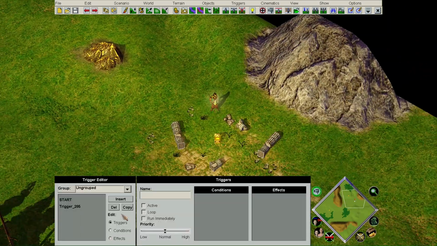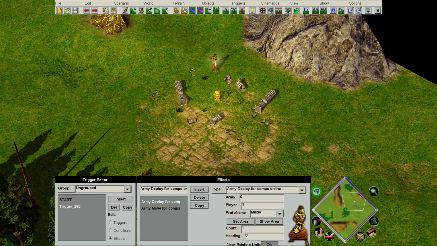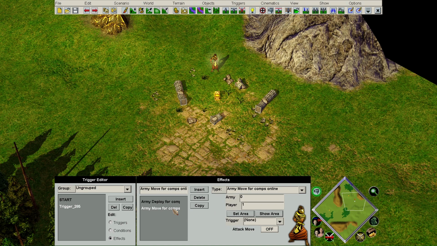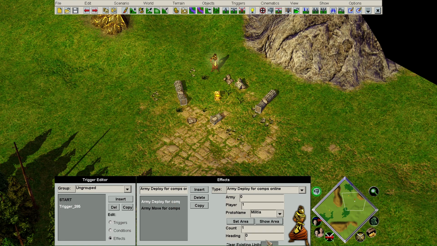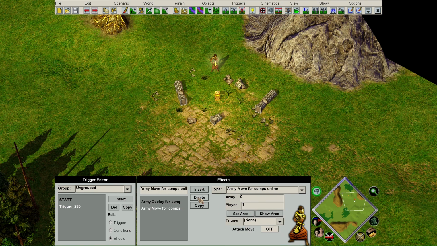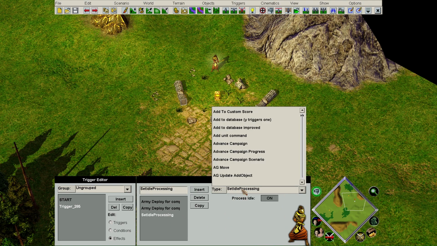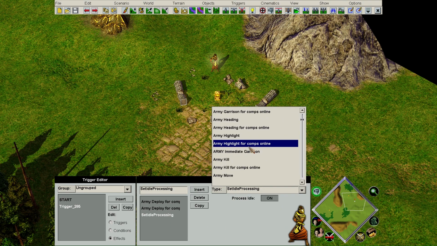Now, if I explain to you what this button does, we'll be able to see it in action. So this command or any other commands such as kill, damage, convert, all applies to the certain army. This clear existing units essentially wipes the database of the army units and changes it so that it's only what you've created from this trigger. So I can show you what this means. If I deploy this militia twice in the same spot and use the clear existing units off and ask the unit to move,